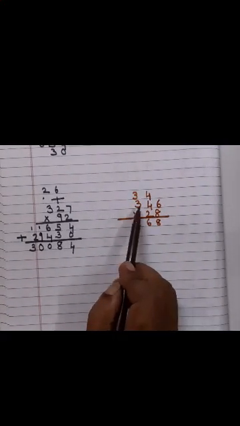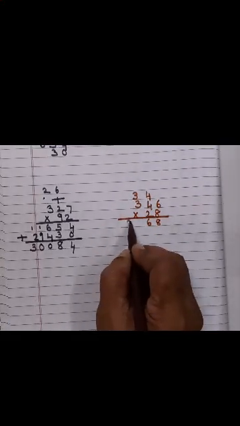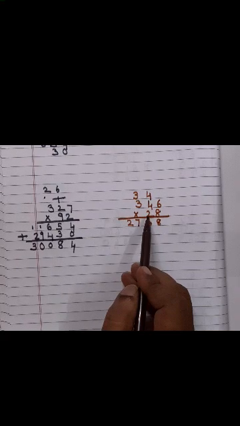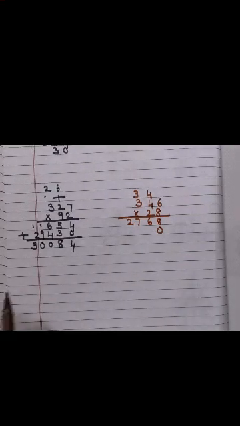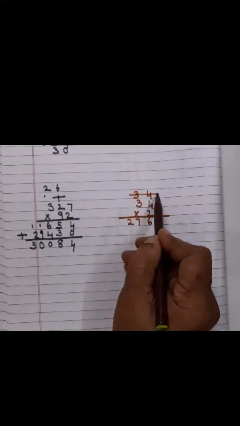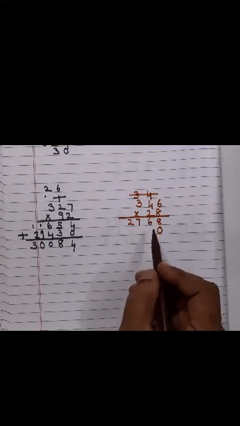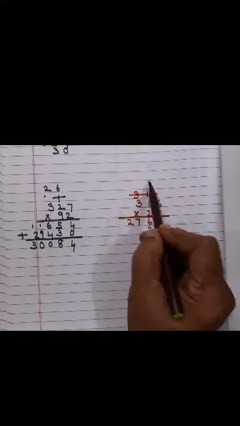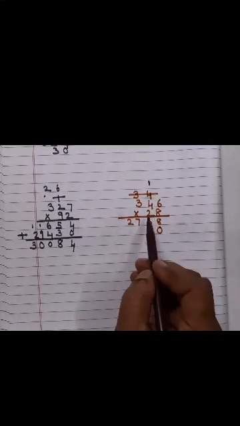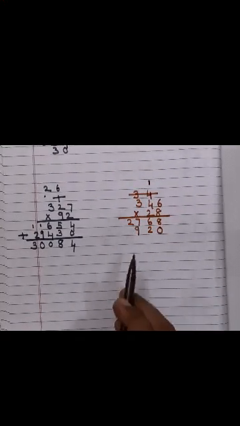Right? Now 8 3s is 24. Don't forget to add this. 24 plus 3 is 27. Now children, what did I tell you? When we move to the next one, just put a 0 here. Insert a 0 here. Okay. Now children, cancel this so that you are not confused. Now we move to 2. Okay. 2 into 6. That is 2 6s is 12. Where would I put 1? Here. In the next place value, that is tens. 2 4s is 8 and add 1 is 9. And 3 2s is 6.